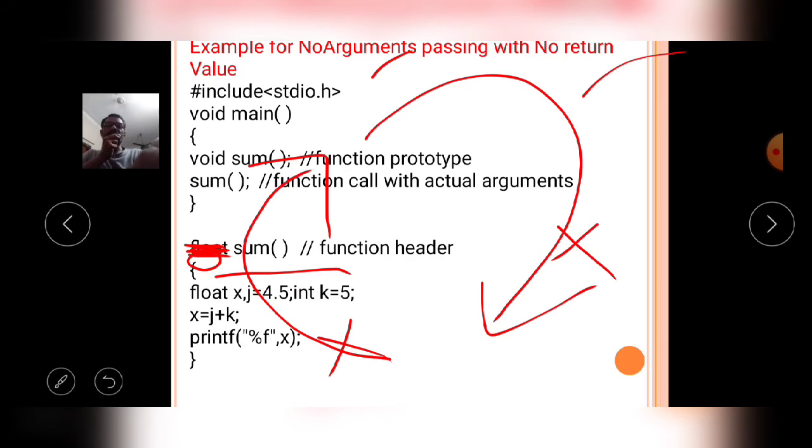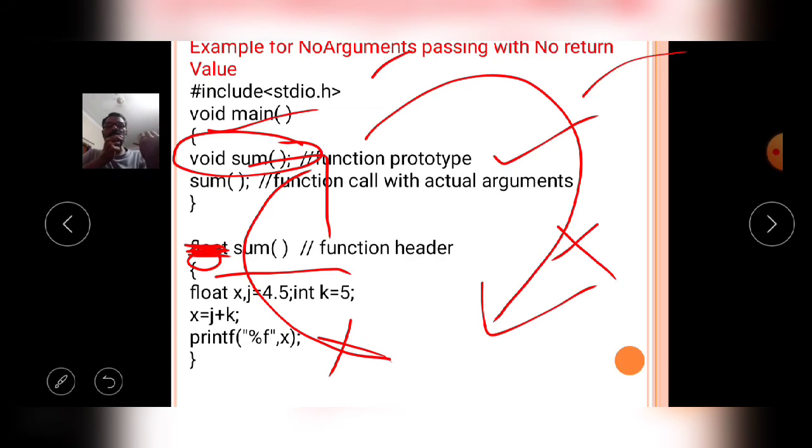The C program execution starts in the main function, so it will start here. Then this is the prototype declaration of the user defined function, that is void sum with empty parentheses. Empty parentheses mean no arguments are passed.